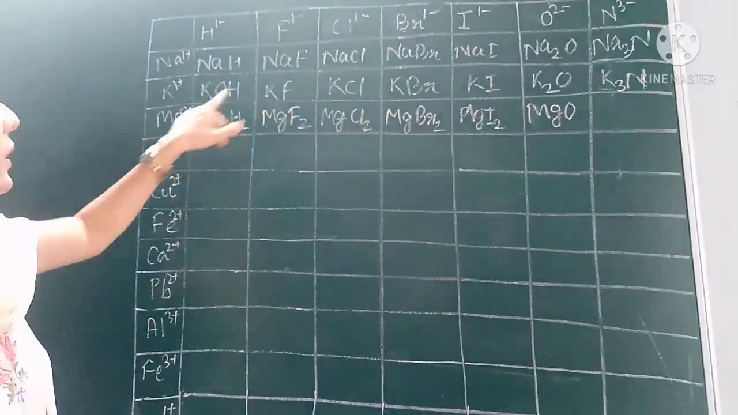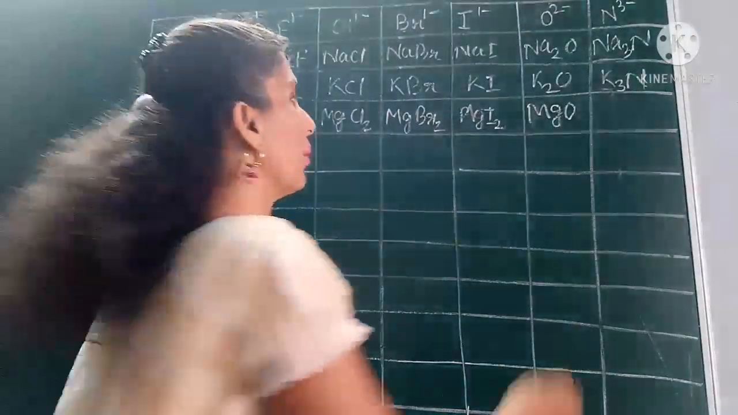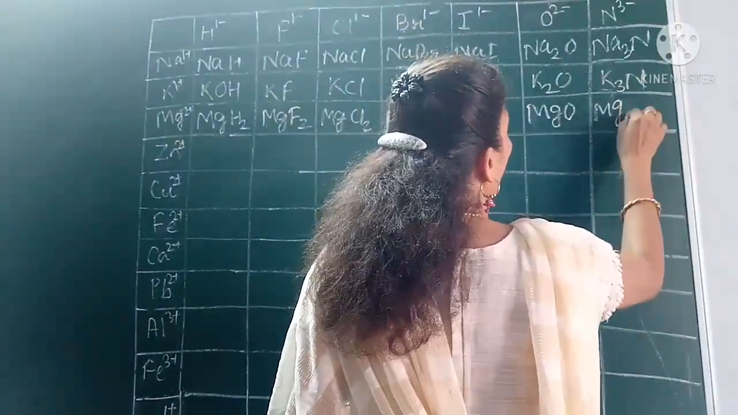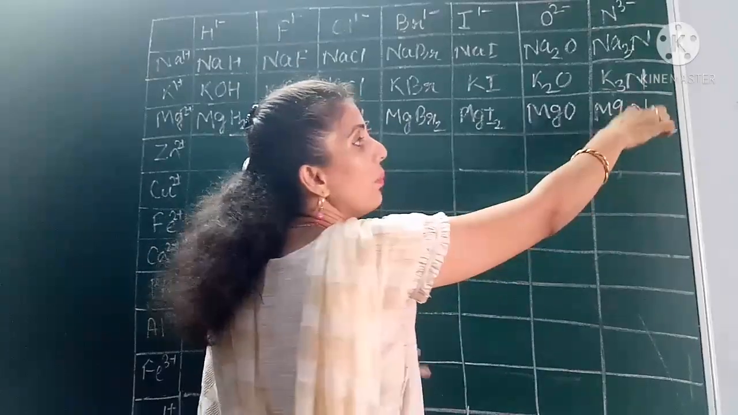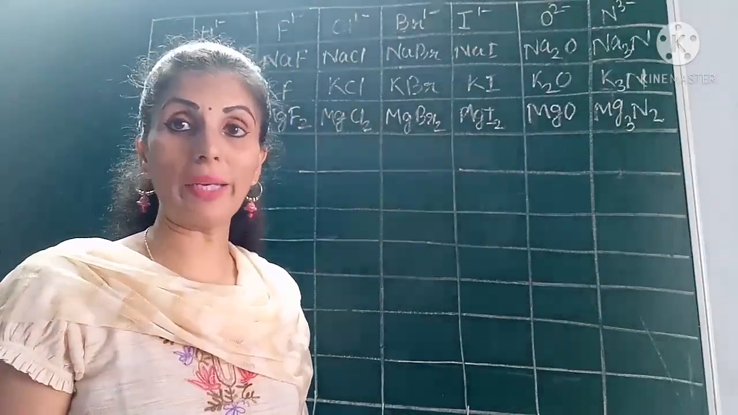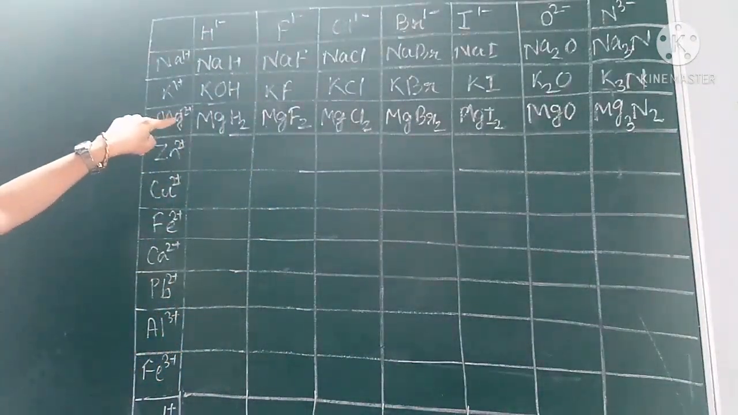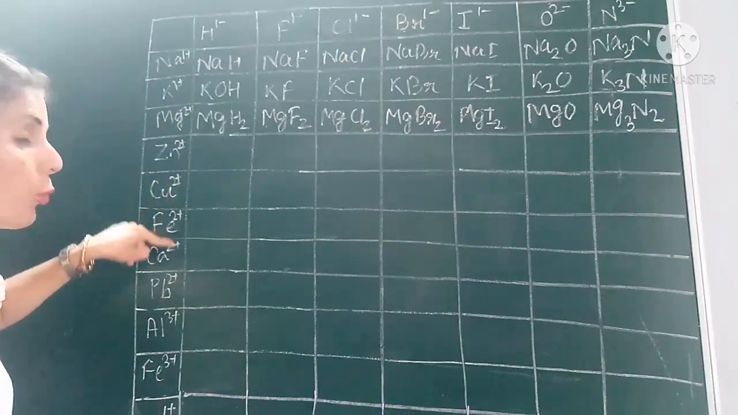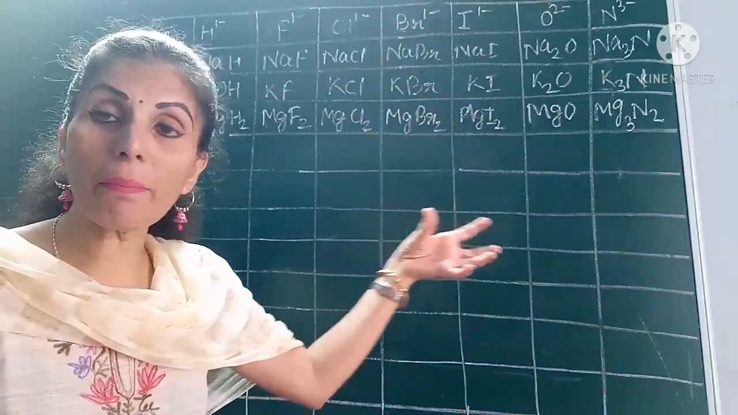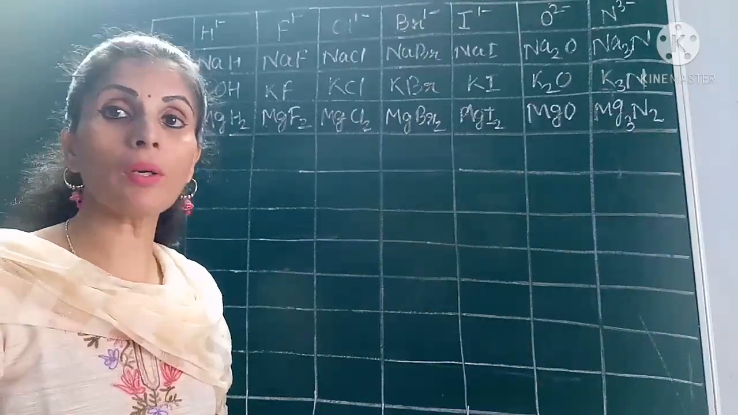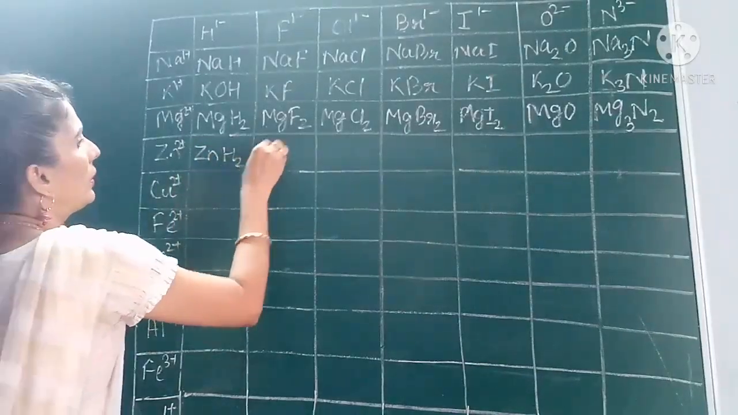Now what will happen? Here 2 plus, 3 minus, it will be exchanged. So it will turn as Mg3N2. The 3 of N will come to Mg, 2 of Mg will go to N. So it will become Mg3N2. Here you can see I have written sequence-wise what the 2 plus valencies are. The same formula you can apply, and in the same format you can write other compounds also. So put MgH2 like this,